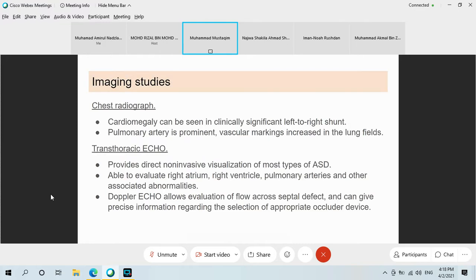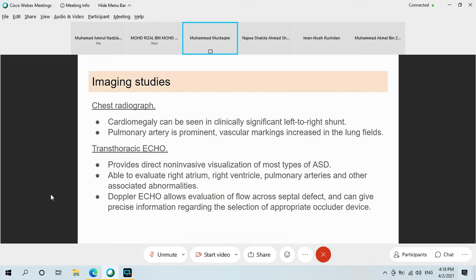Imaging study. We can do a chest radiogram. The chest radiogram may show cardiomegaly, which can be seen in clinically significant left to right shunt. So it will cause cardiomegaly, and then the pulmonary artery is prominent. Vascular markings increase in the lung field. Chest X-ray. Next is